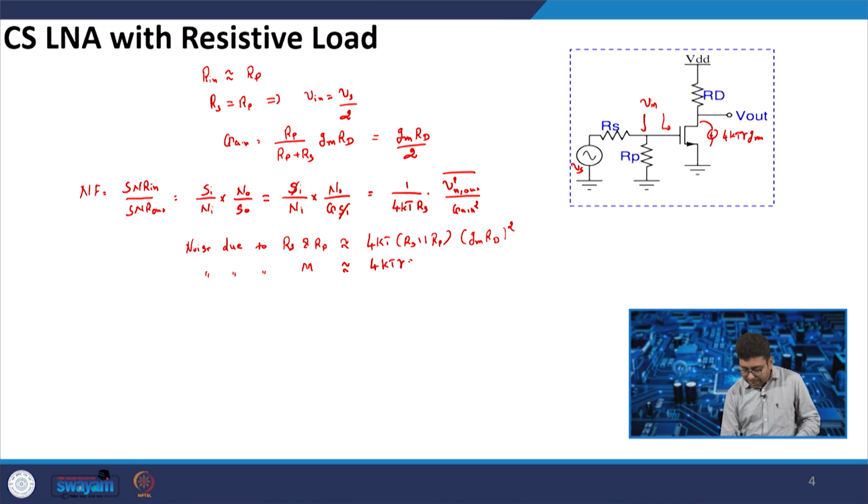We are interested in the voltage, because here the term is Vn square out, so we multiply with Rd square. The noise current is multiplied with the Rd square. Now, the noise due to Rd, which is equal to 4kT